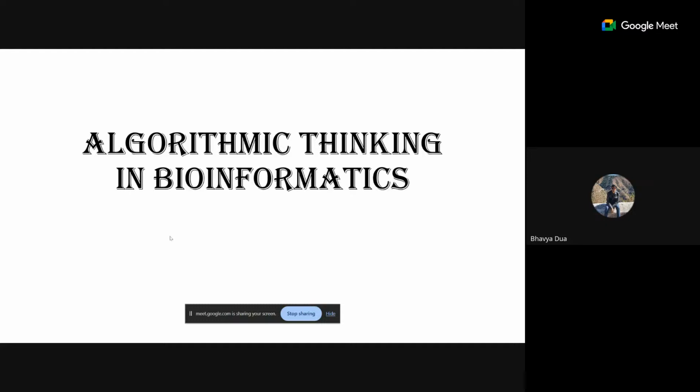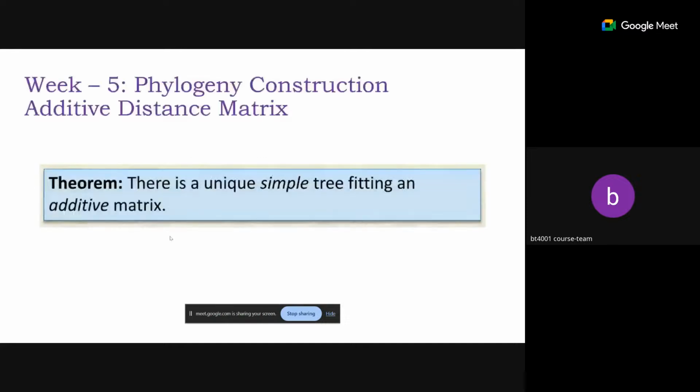Okay. So we'll begin with week 5. The week 5 concepts were the phylogeny construction problem. So in that we had discussed what is an additive distance matrix. An additive distance matrix is defined if we have a simple tree. A simple tree is basically a tree which has either zero